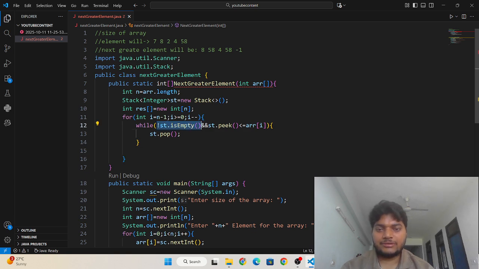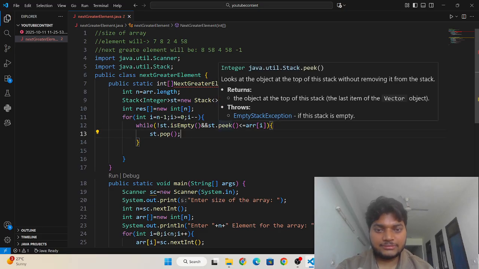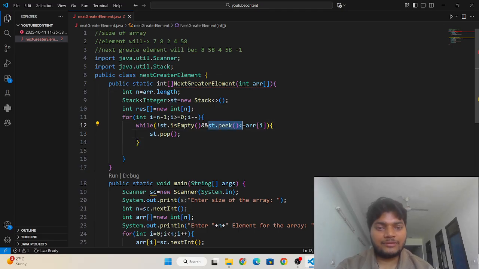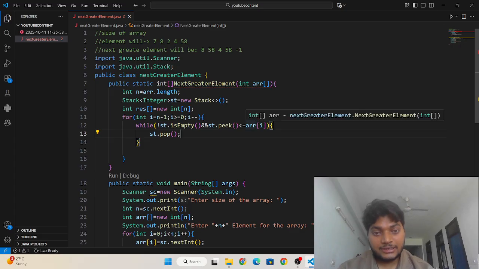I am writing here: if the stack is not empty and the top of the stack is less than or equal to the current element of the array, it will pop the same element from that stack, till it finds a greater element.